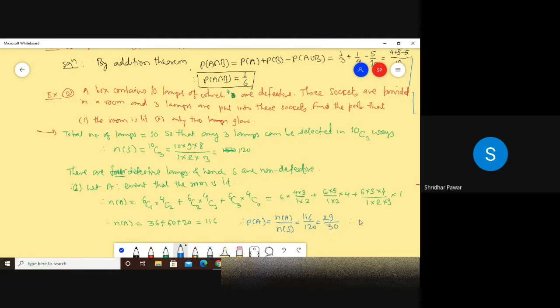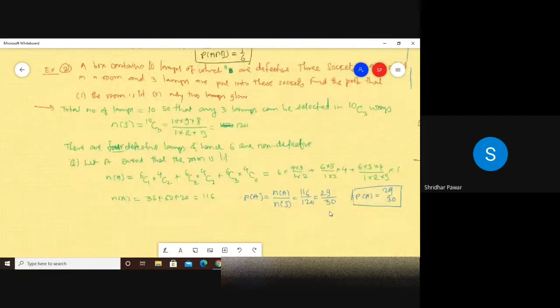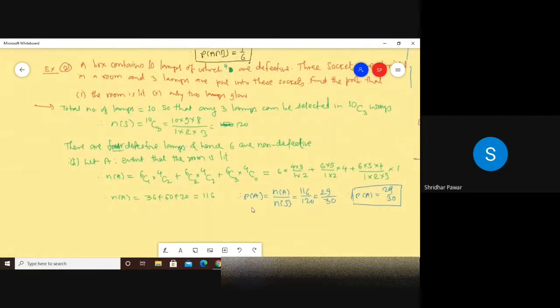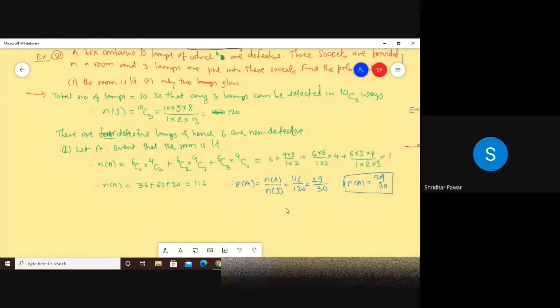29 upon 30. So P of A is equal to 29 by 30. So that is the probability that there will be light in the room. Now only 2 lamps will glow. यातले फक्त 2च लॅम्प मधून लाईट लागेल एकामधून लागणार नाही